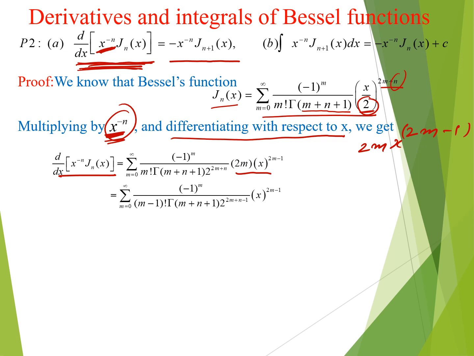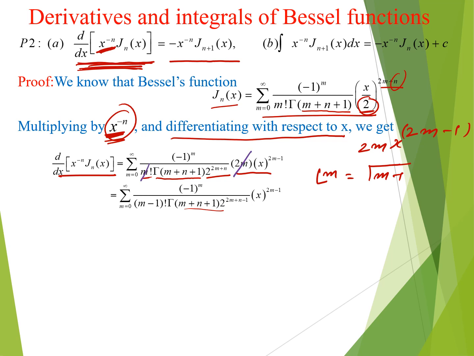Over here the denominator 2 is separated as 2 to the power 2m plus n. Now this is gamma m plus n plus 1, which is the same, but we use factorial m to cancel out this m,